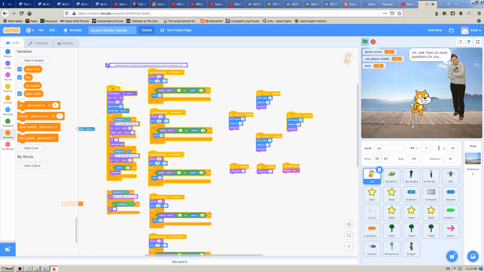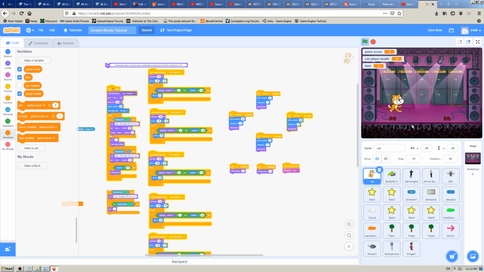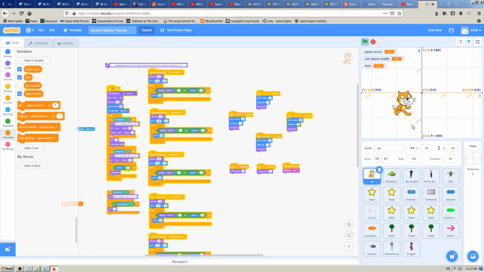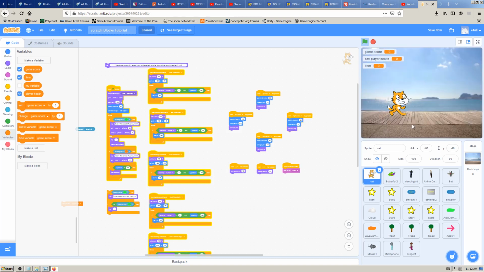Bye. I'm on the 4th, and now I'm entering the concert stage. The kid is not here again because we have changed the code, so the kid is also messed up. But backdrops are working. I can go endlessly like here,